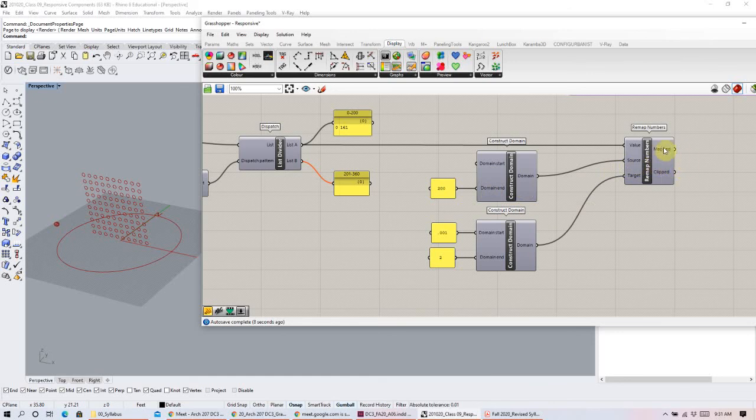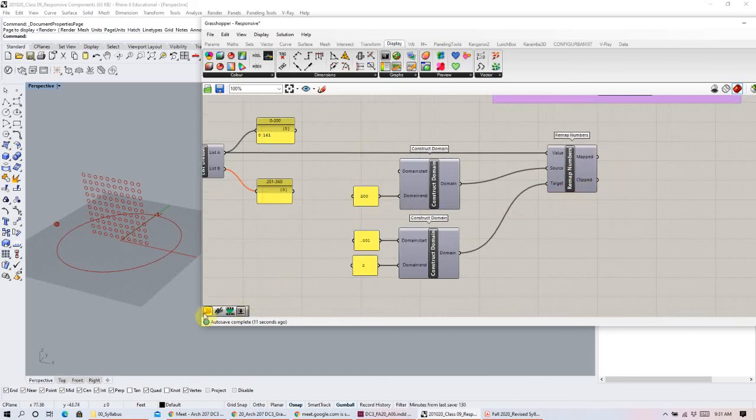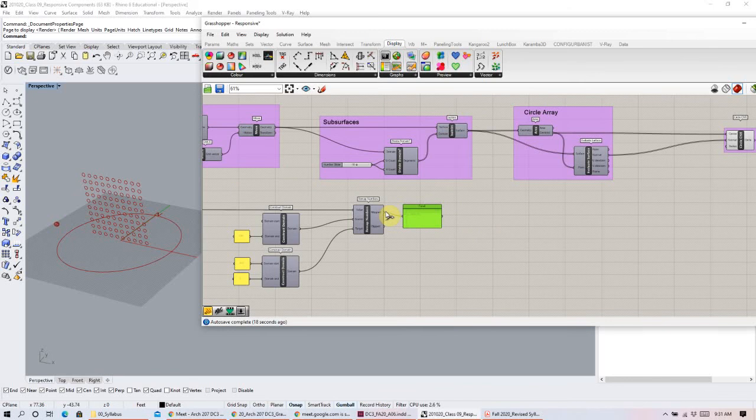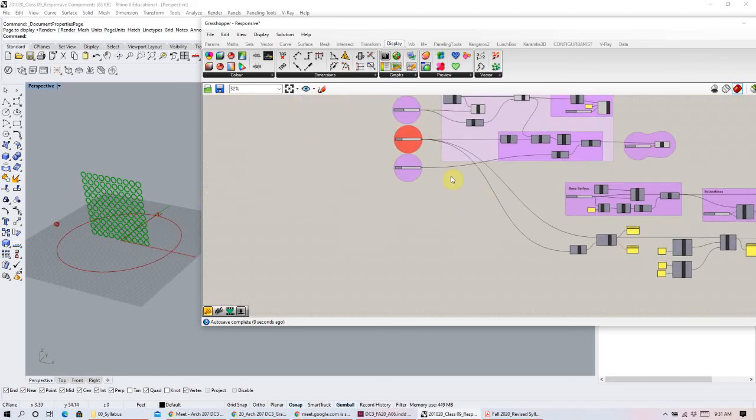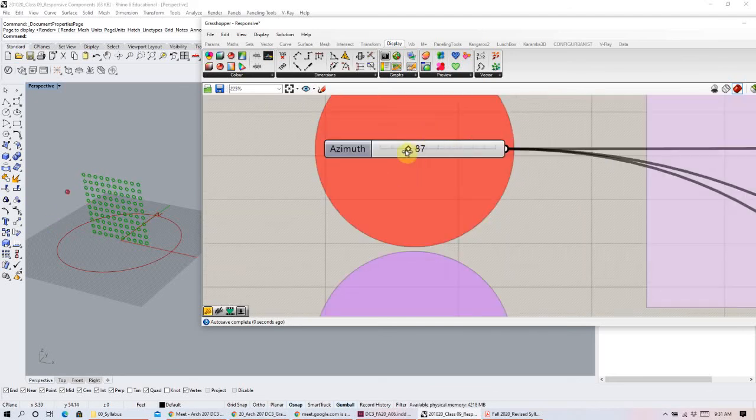Okay, and then if I take out another panel, I take a look at my mapped numbers, you can see that it has remapped this 0 to 200 for some value between 0 and 2. So it's saying 1.6 is going to be the new radii. Okay, and then if I input this into my radius, okay, list A is now going to be our only control. So as I go back and I move my azimuth from 0 to 200,